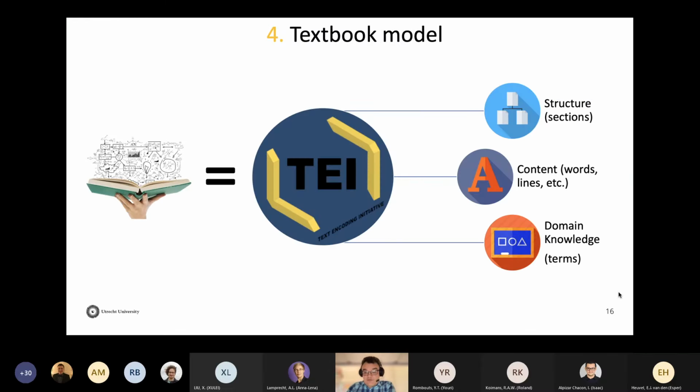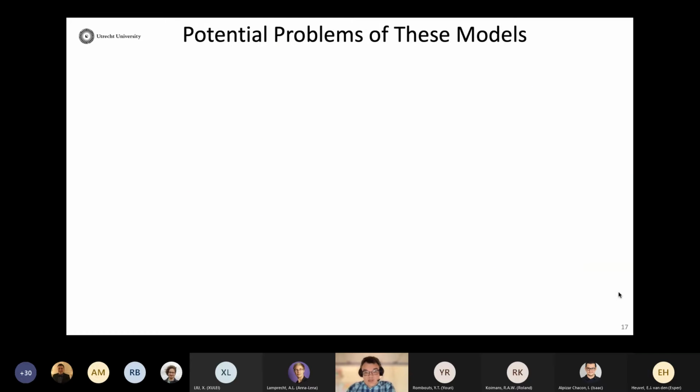And once we have all this information, then we represent our textbook in a processable format. We are using the TEI format, which is a well-accepted format for representing textbooks, for representing books essentially. But we also enrich it with some additional information like RDF, because we enrich it with semantic information through the further stages of the approach.